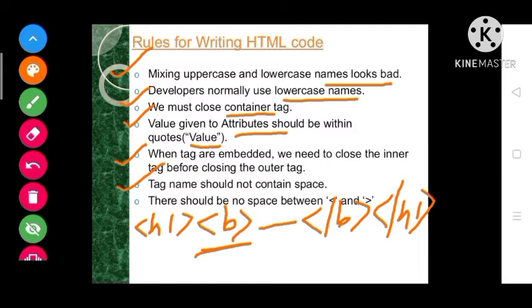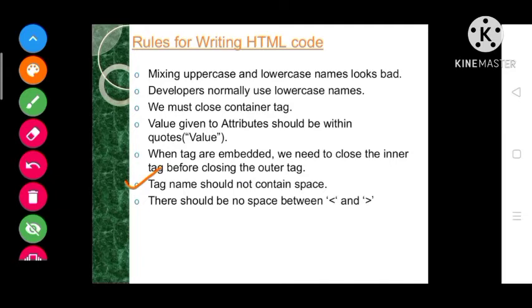Afterward, a tag name should not contain any space. As like that, we cannot write h and r tag with a space; here space is given, so space is not allowed in writing a tag.